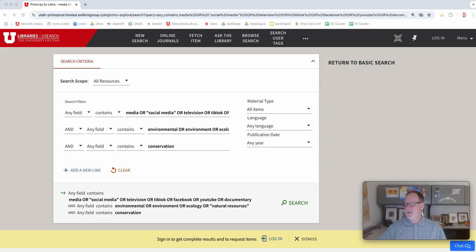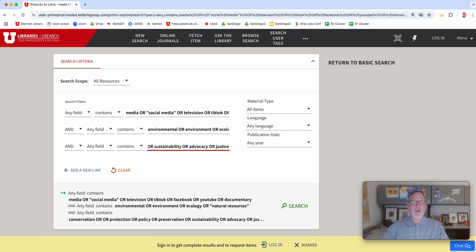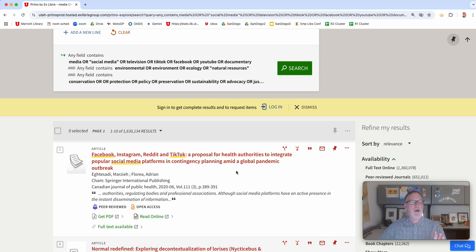But wait, there's more. Again, I'm heading somewhere with this. On this one, I have protection, policy, preservation, sustainability, or advocacy. Since this is like a political thing, you could put politics there too. If people are talking about it, they're all going to be using all these different words. Okay, so we're back up to